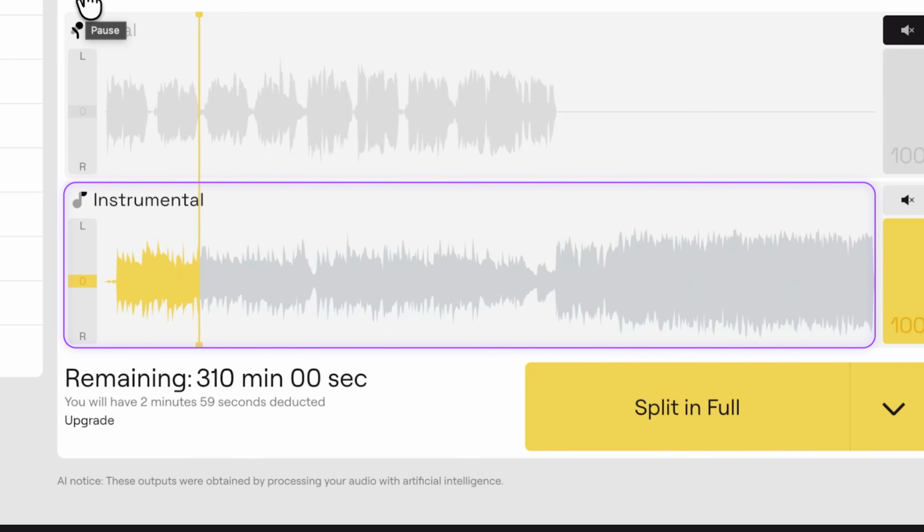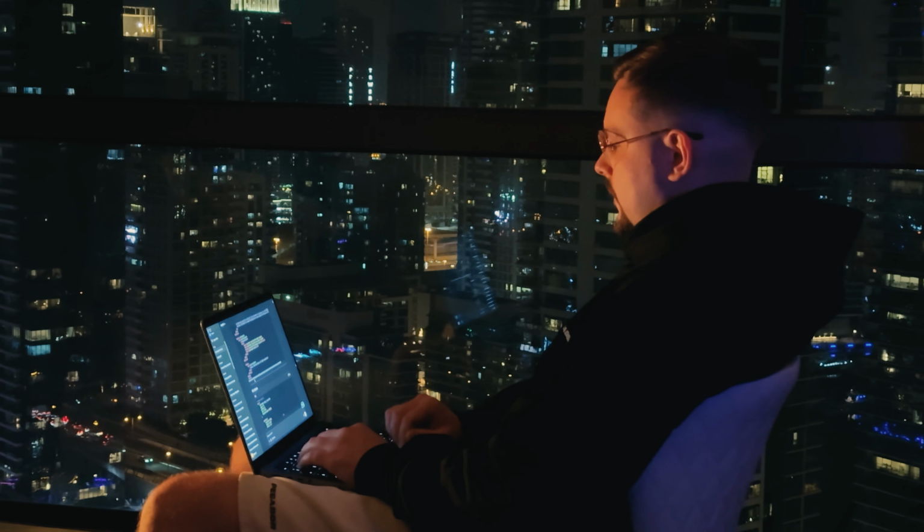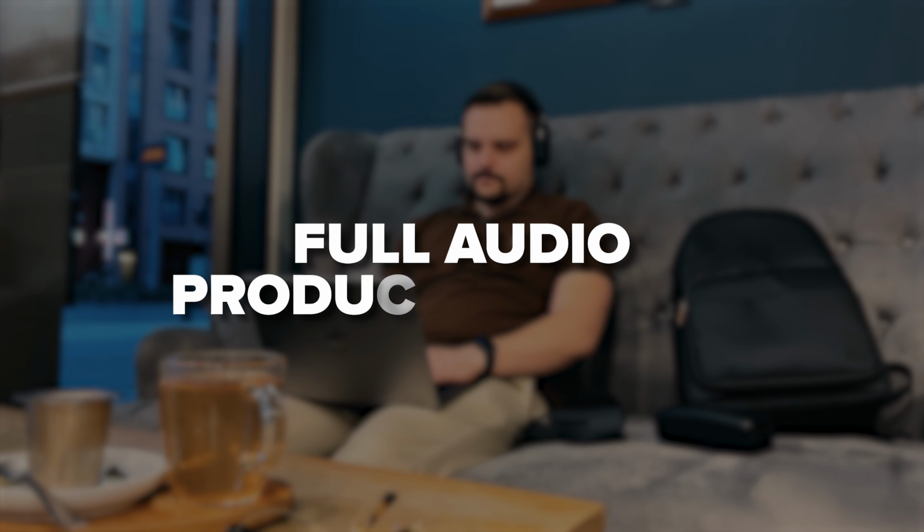Mates, audio editing gets annoying fast when one simple track needs 5 different fixes. Sometimes you just need the instrumental for a video, a vocal for a remix, or a cleaner voiceover for content. But doing that manually can take time, and honestly, not every creator wants to open a full audio production setup